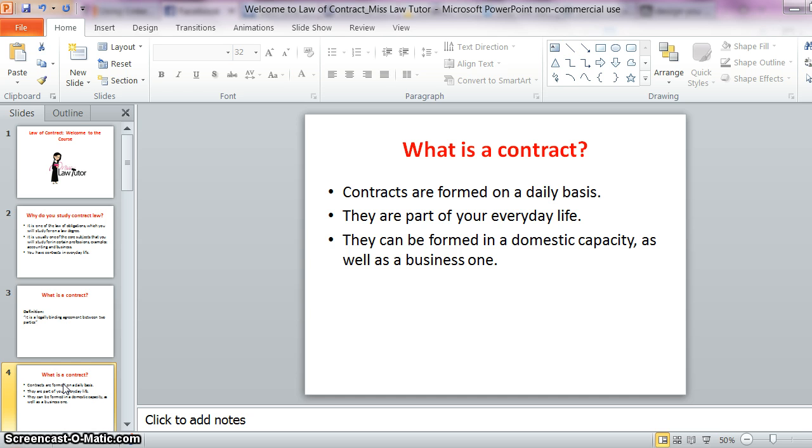And what is a contract? To continue, contracts are formed on a daily basis, as I said. So for some of you, you may be commuters who take public transport to work every day. And when you board a train, you're actually entering into a contract. Or to go some steps backwards, actually, you entered into a contract as soon as you purchased your ticket, saying that I'm paying for my fare between here and there, and the travel company's meant to take you to